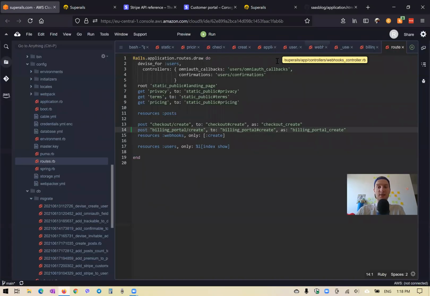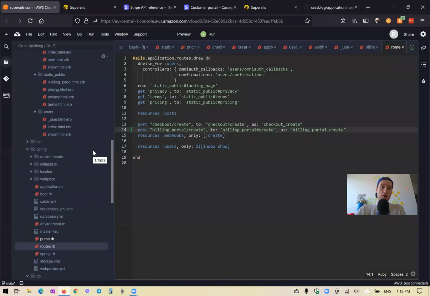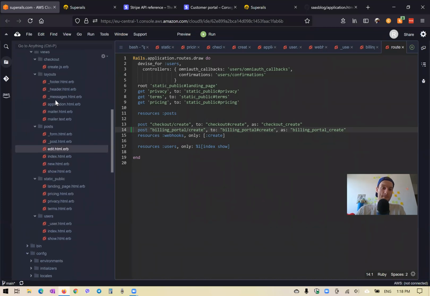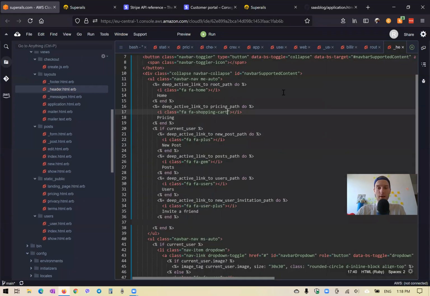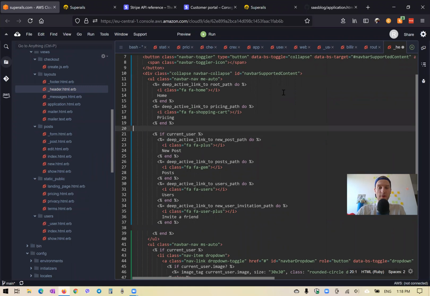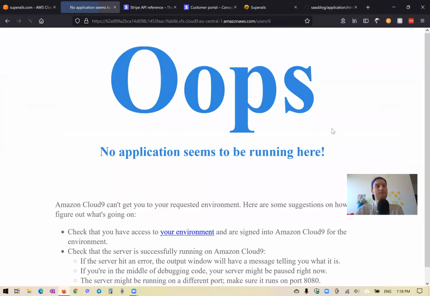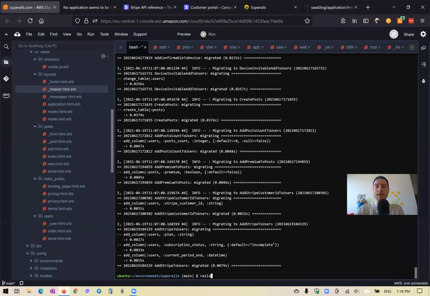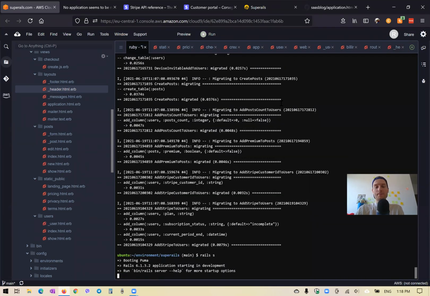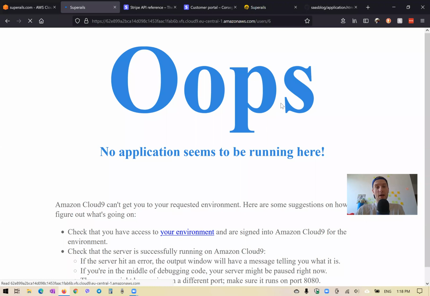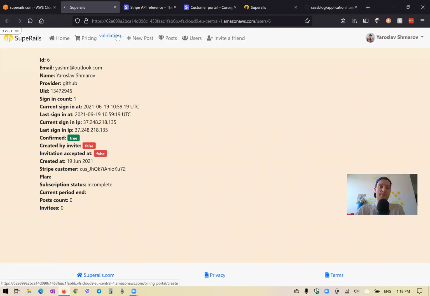Let's also add it somewhere in our navbar, for example. So going to our header, next to the pricing page, we will have this link to Stripe billing portal. Billing portal create path, method post. This is important. Okay, let's restart our server and see if it redirects us somewhere. So pressing Stripe billing portal,